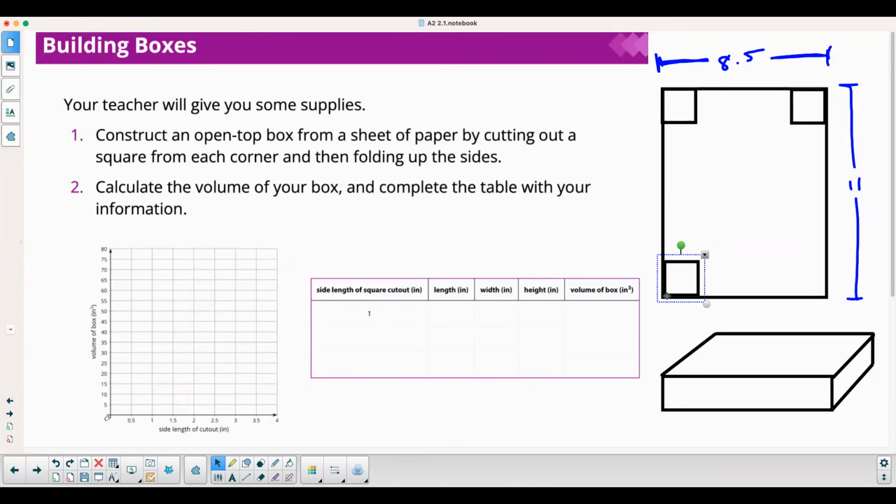So I cut these squares out. Basically, we're going to start with a side length of 1. If you look right there, it says 1 to start. So I'm going to label this as 1 by 1. All right, so what happens is when I go to make this box,